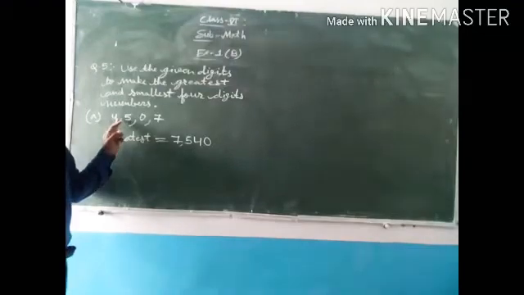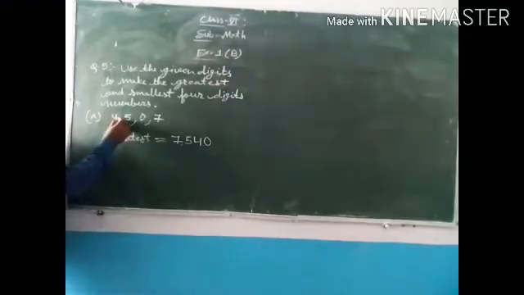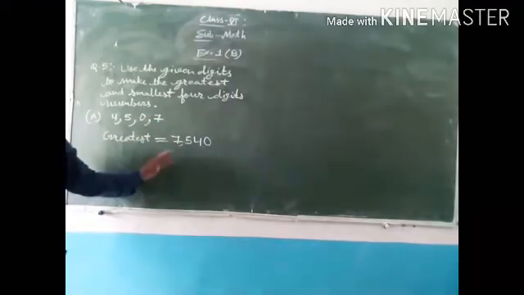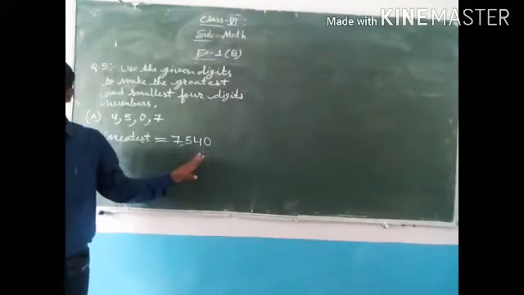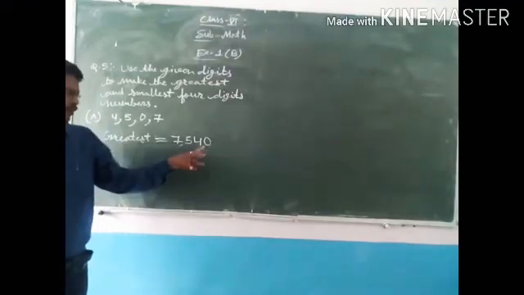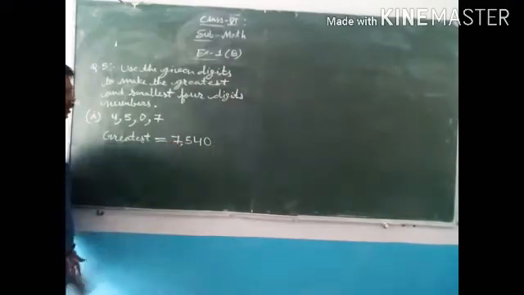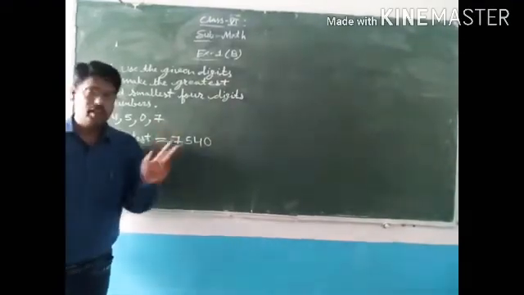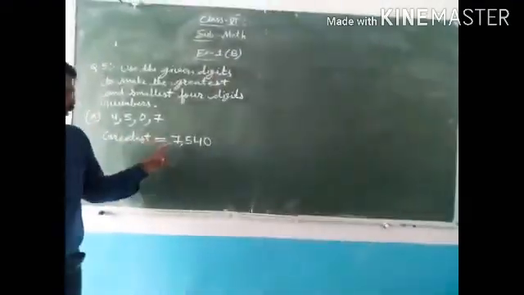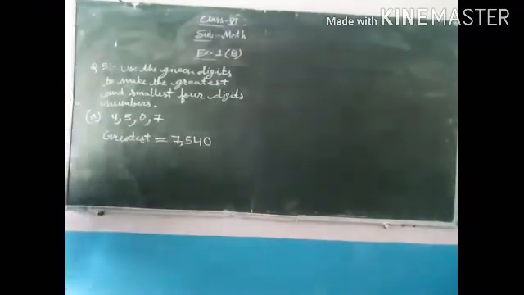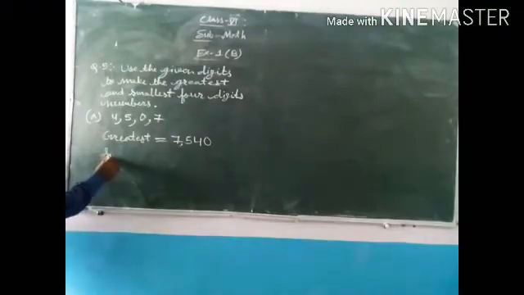Look here at the commas. Concentrate on the commas. Each group of digits is separated by a comma, and here is the number. So how do we put the commas in the Indian number system? Before the last 3 digits, and this complete thing is the number now. And how to read 7540?